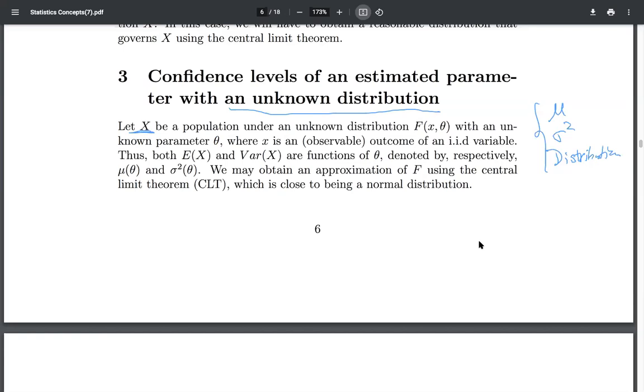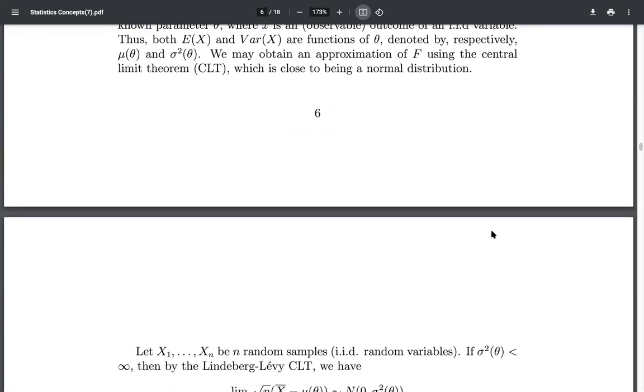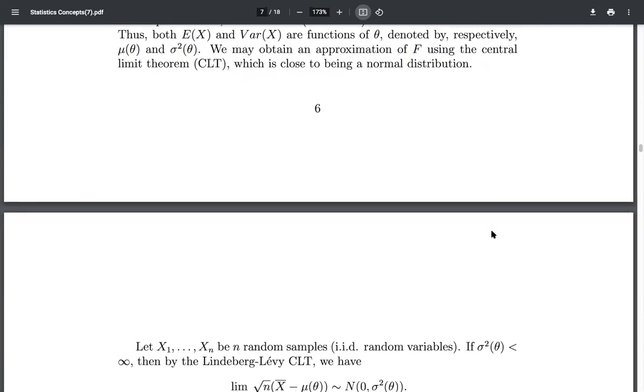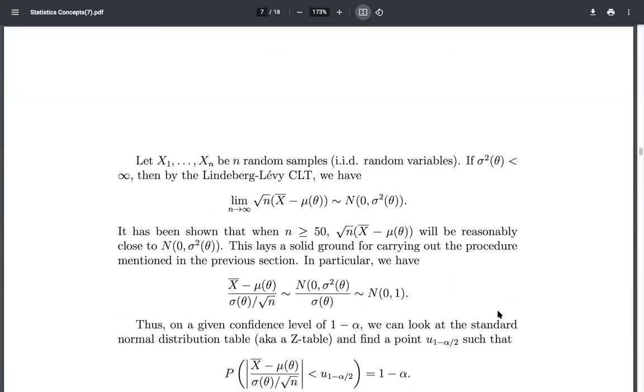This time we use a central limit theorem, which then gives us the following, which is something we want. So earlier we saw this, right? So how do you come up with that thing? It comes from this central limit theorem called Lindeberg-Lévy. Okay, so what it tells us is that when n is large enough,